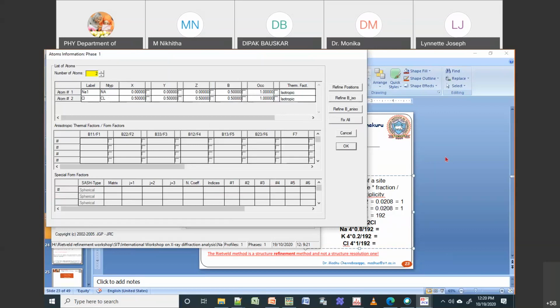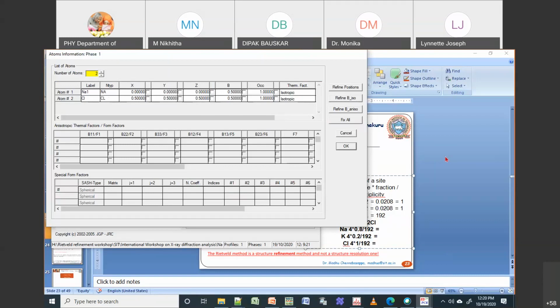When you are doing some doping, this is how you are going to change it. If you have some other case where you are doping oxygen in place of chlorine, or some other ion in place of chlorine, then you have to replace that chlorine fraction. So that is the meaning of fraction. When we talk about fraction, that is your stoichiometry. Normally. So I'll keep it like that, and I will share this with you later. So these are the things that you need to know.